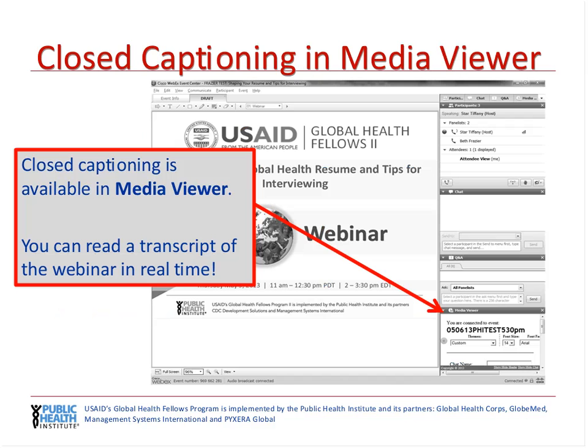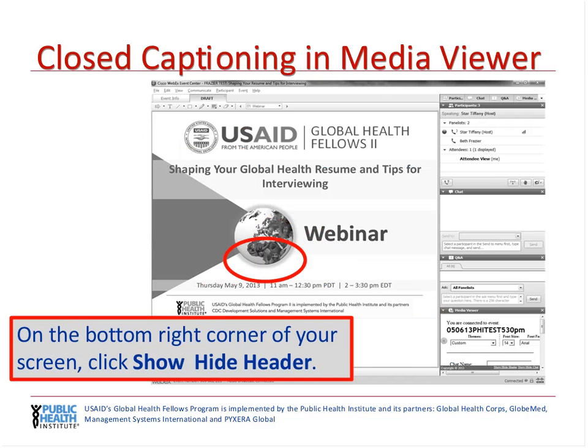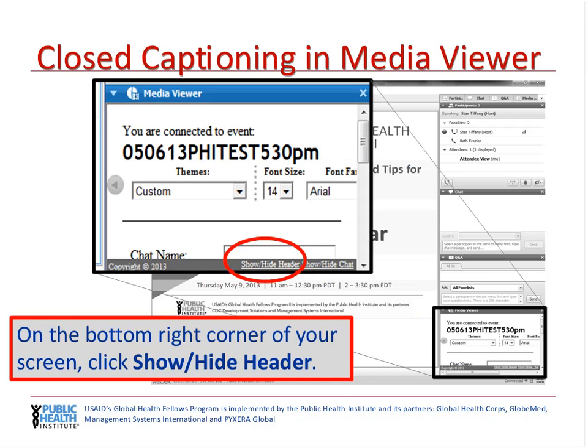If you look in your WebEx window, you'll see that there is a panel available called the Media Viewer. We are going to have closed captioning available throughout the webinar in this Media Viewer panel. On the bottom right corner of the Media Viewer panel, you'll see the option to show or hide the header. This will help you see more of the closed captioning as it's happening live.